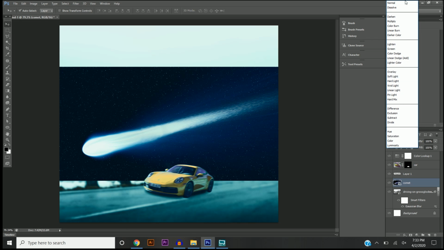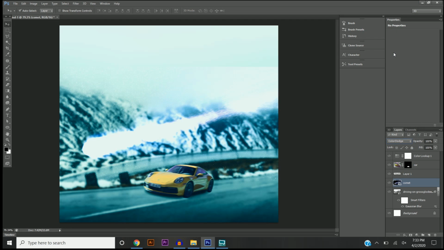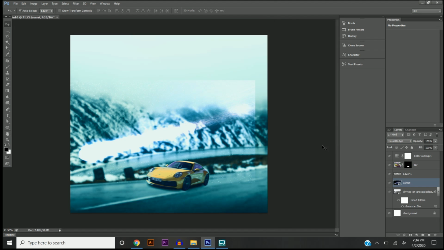You guys can play around with these different ones, but in this specific scenario, we're going to want to select color dodge. And this will pretty much delete the black background. Obviously, we still have some sharp corners right here. To get this sharp edge to go away, or at least to help it out, I'm going to